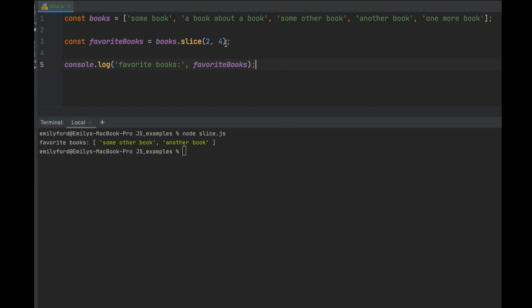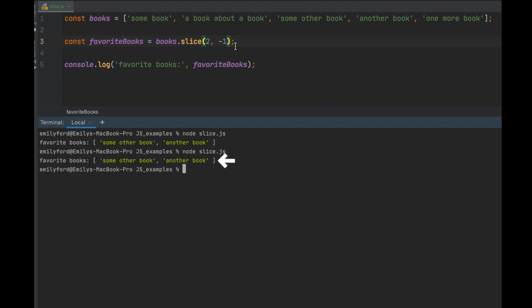Let's run through some other scenarios. We can actually get the same result by using the last piece of slice, negative values. You can use negative values to specify the index. Essentially what this means is if you have an array, say with a length of 5, -1 is equivalent to the fourth index spot. So let's change this 4 to a -1 and run using node, and we'll see that